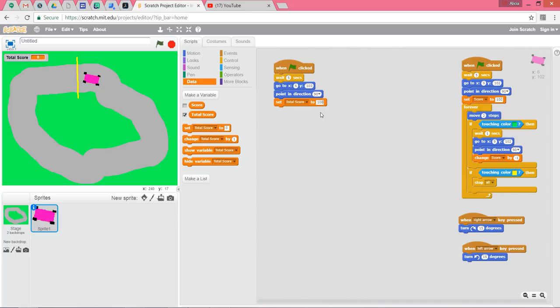Now what I need to do is actually control the movement of the car and tell it what to do. So you'll notice over here, I've used a loop. So in Scratch, they have a forever block. And what that means is anything within that forever block will keep going until you tell it to stop. So that means that it'll keep the car moving and it'll keep going until you get to the finish line,